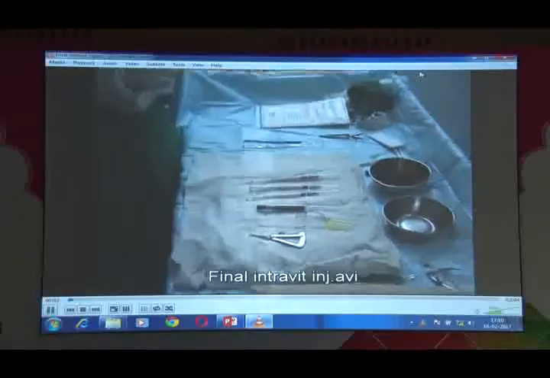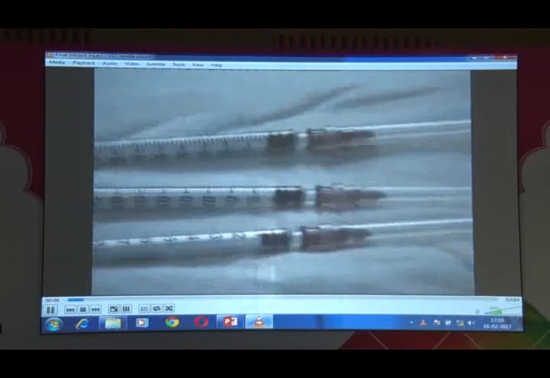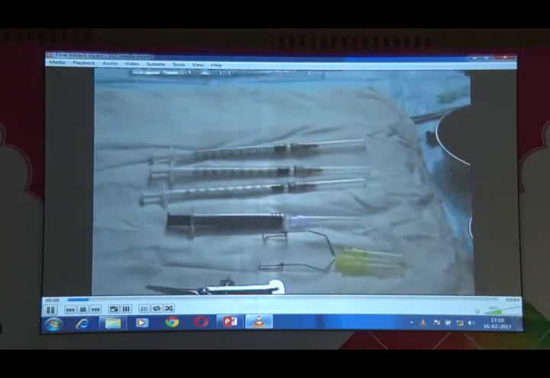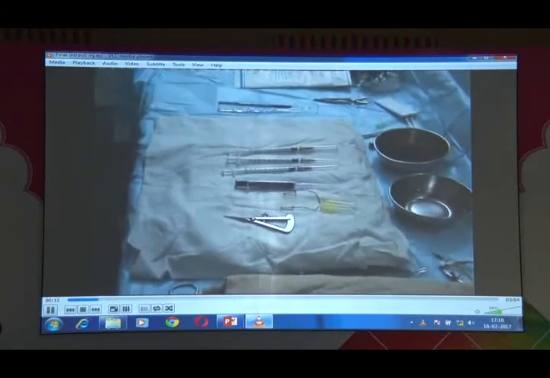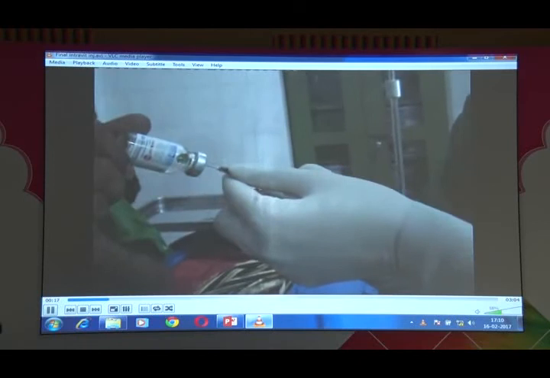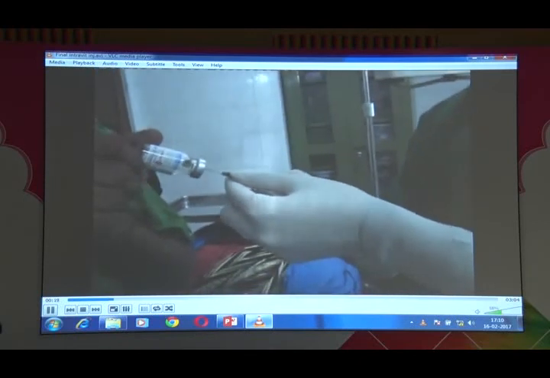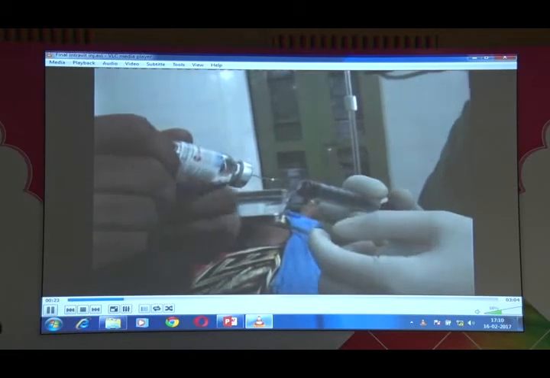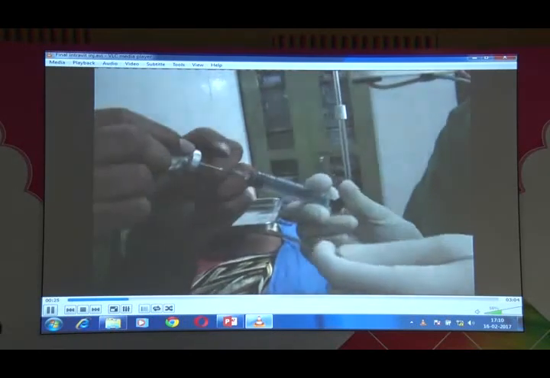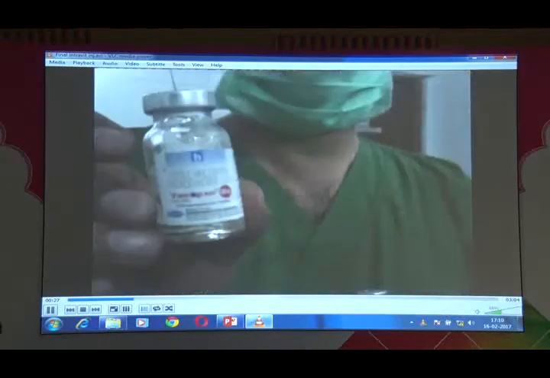So this is what a tray typically looks like, and this is an older video, and as you will see, these are 3 tuberculin syringes, and these are the 30 gauge needles. There's a lid speculum, there's a caliper to measure. So first we reconstitute the vancomycin by injecting 10 ml of distilled water. Nowadays we do not use saline because that is not the recommended thing. Earlier even we could use saline, but nowadays it is preferred that we use distilled water.